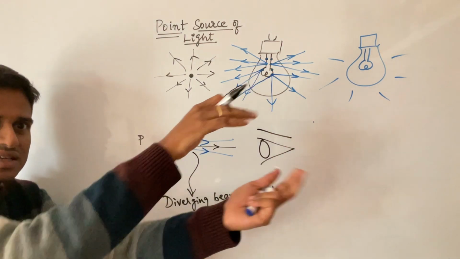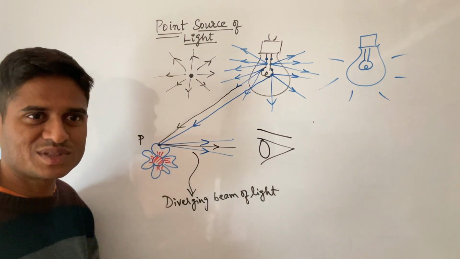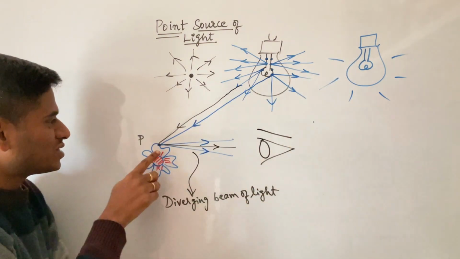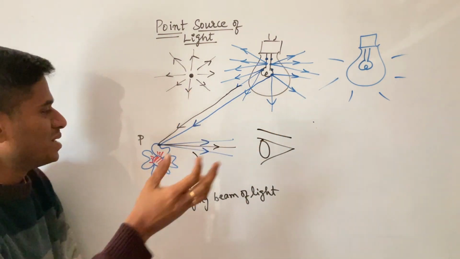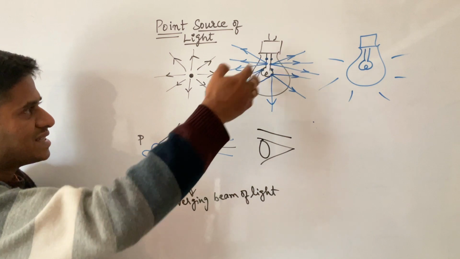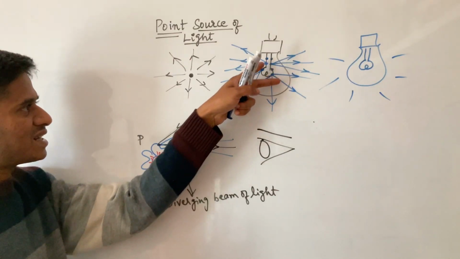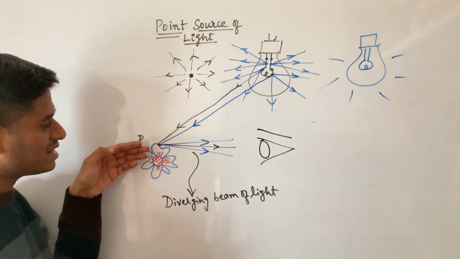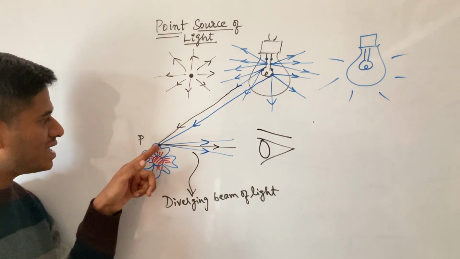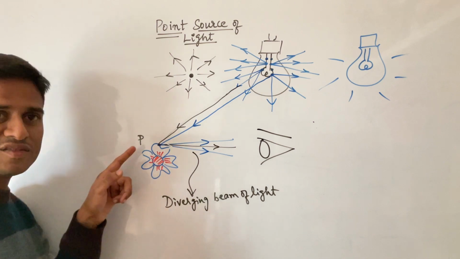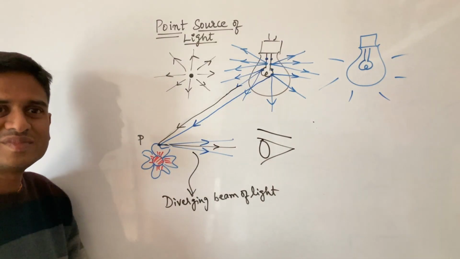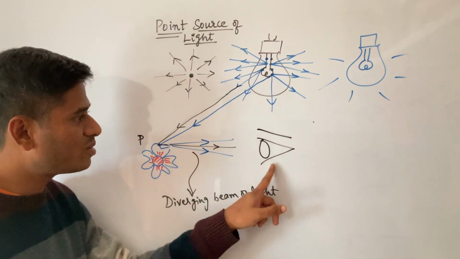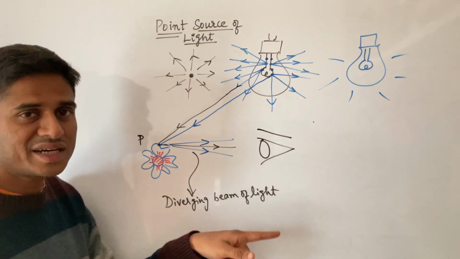Light emanating is an easy way to say it, but technically, of course the flower is not giving out light. Basically, these rays are reflected rays which come from the bulb. They are the incident rays and they are getting reflected by the flower. From each point on the flower there is a diverging beam which is coming. Now this diverging beam of light is received by the eye. Now what is there inside the eye? Let's look at it.